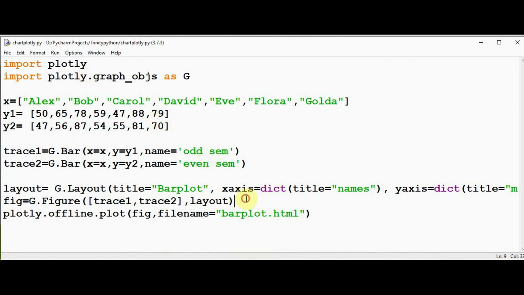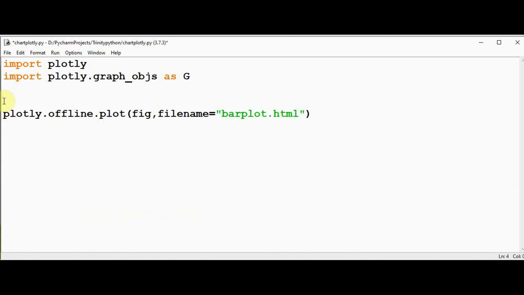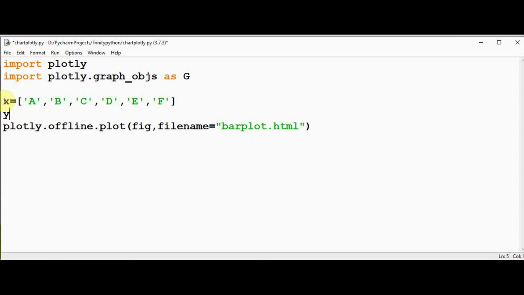Okay, the process is simple. We'll just remove all these things. We'll plot a pie chart so that we are just going to mark the number of students who have scored different types of grades. So X value, I'm just going to mention the different grades of a university. A to F. Okay, and Y is the number of students who have scored the corresponding grades. I'm giving the number of students who have scored A is 11, B 33, just giving it random, 18, 8. Okay.